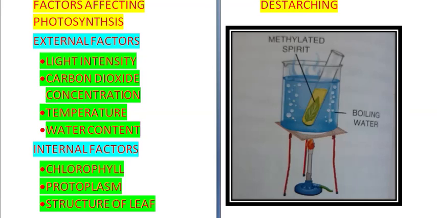So to some extent it happens, but after a certain period the rate of photosynthesis becomes stable, and if at that point carbon dioxide is increased, the photosynthesis will increase further and again get stabilized after a certain period. So in this way the two factors increase. So not just the light has to increase, but the carbon dioxide concentration also has to increase for photosynthesis to take place. Now temperature, with rise in temperature, rate of photosynthesis rises.